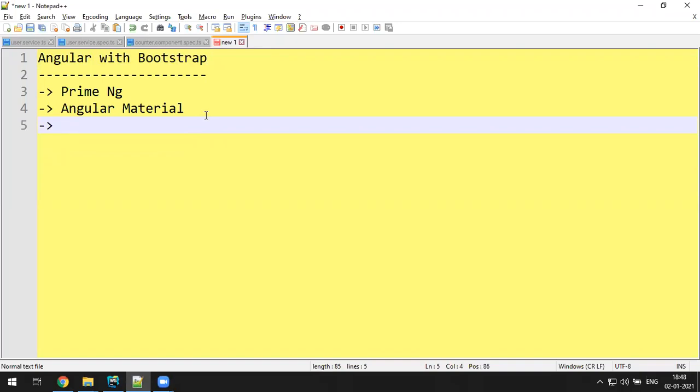People also use other CSS libraries like Tailwind CSS, Foundation, and some people use plain vanilla CSS to make the UI.